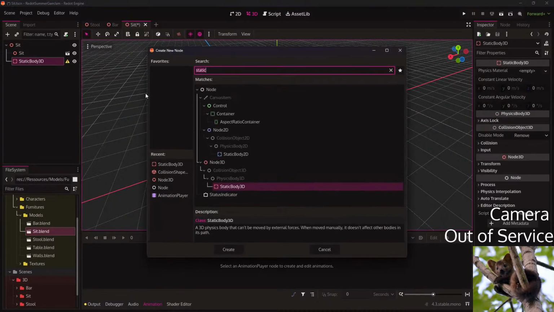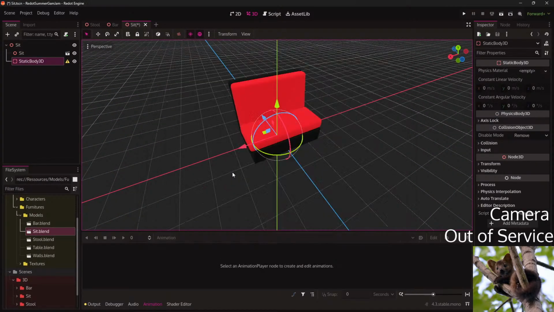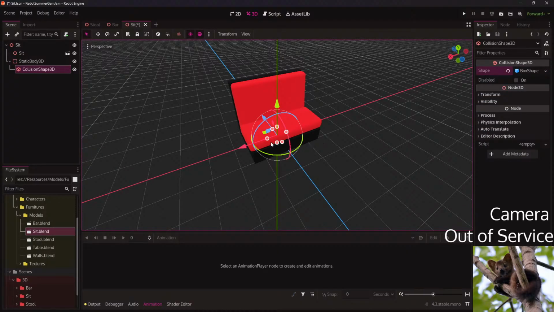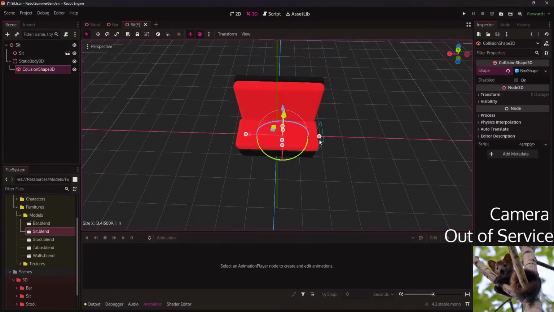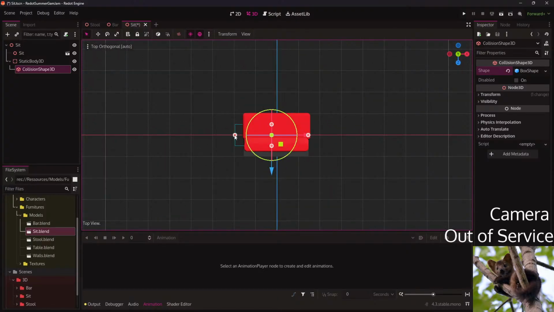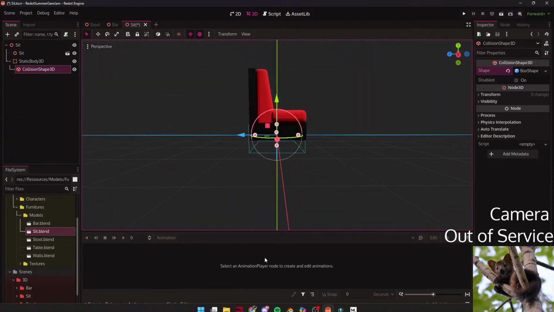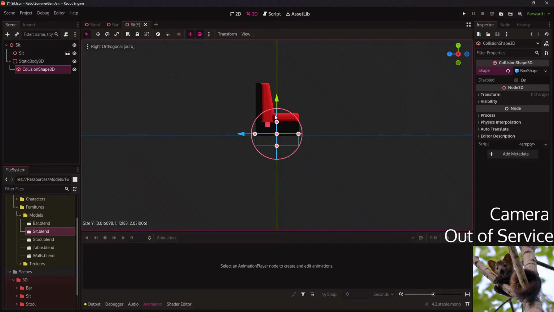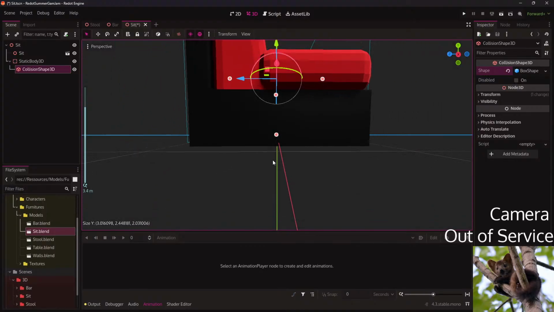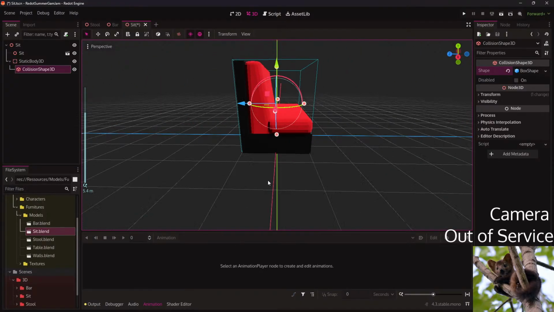I can literally just make a block. I think it doesn't have to be... Looks like it's slightly in the ground, but that's fine.